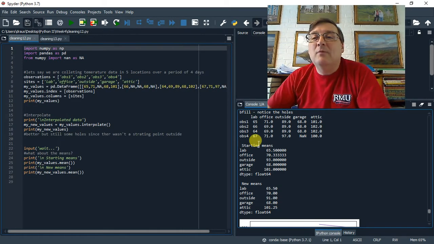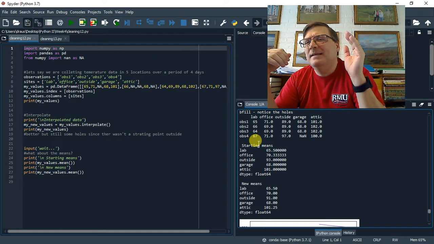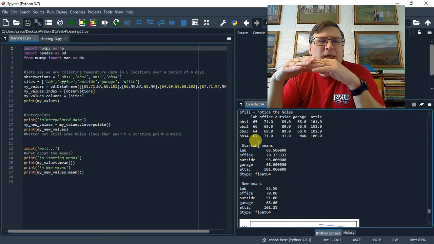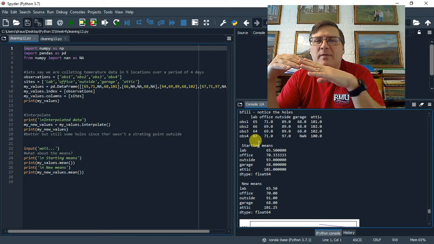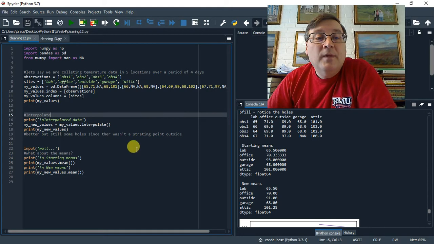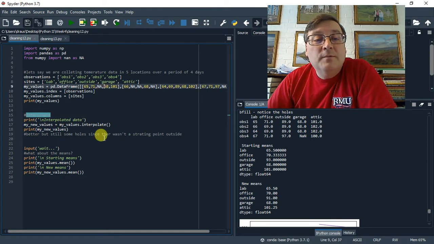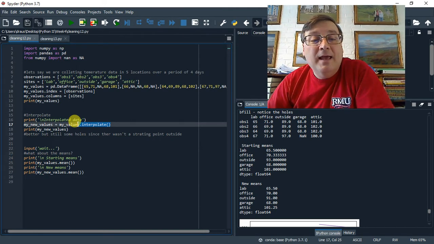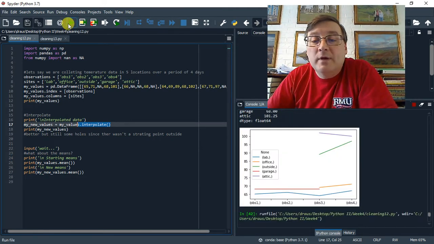Somebody might say, well, if we have missing data, can't we just use the value that's halfway in between, or some other interpolation method? And yes, there is an interpolation method that will fill the holes. So we have the missing holes, we interpolate the data, which fills in the values based on the values on the outside. And then we look at the